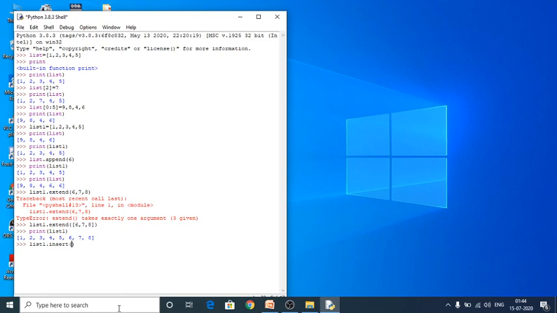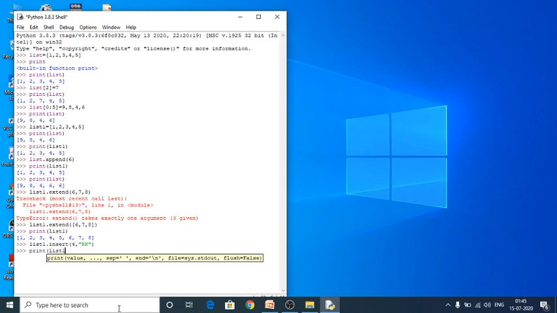So now I would like to insert my value at the 4th position, and after the comma I would like to give my name, any characters, RK. Yes, there is no error. Print